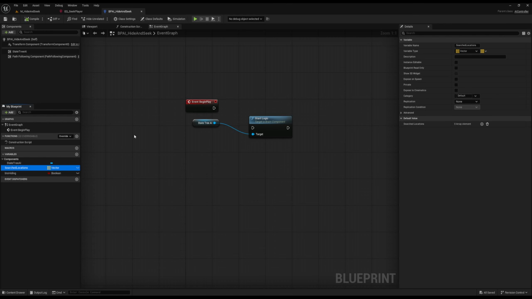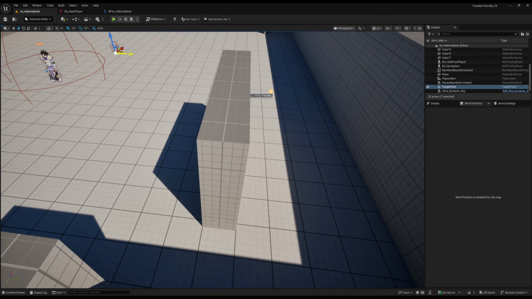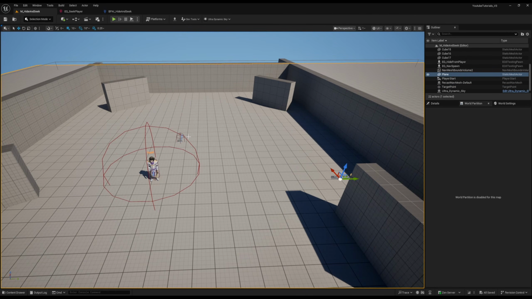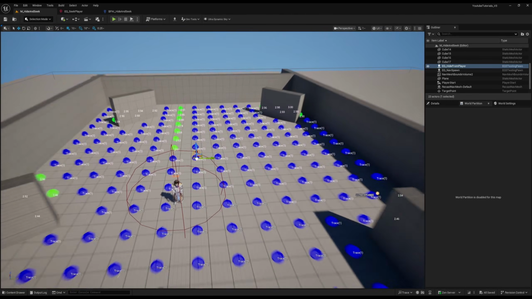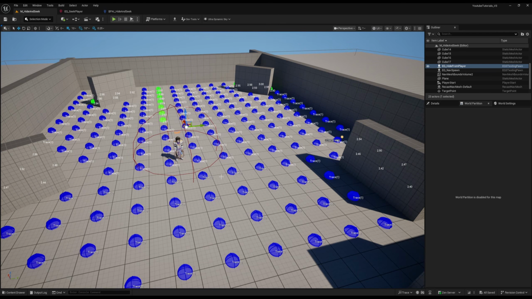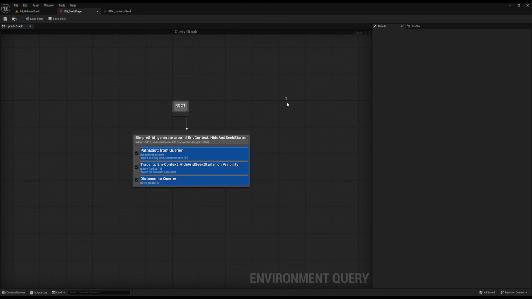You can, of course, if you want them to check specific areas, not use searched locations and instead use, say, target points you put down. So you put a target point over here. I'm going to make it really dynamic though, so as long as the EQS query says it's a hidden area from the beginning of it, they will go and search it, because I think that'll be quite cool. And when we have the whole perception system in, it doesn't really matter where you hide, they're going to find you eventually. So now that we've got this here, what we need is a way in our EQS system